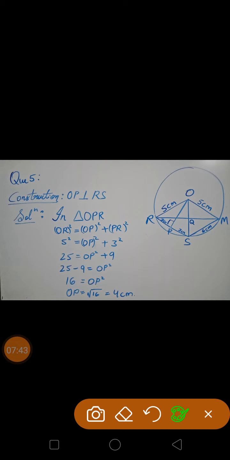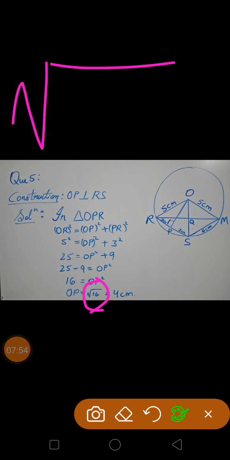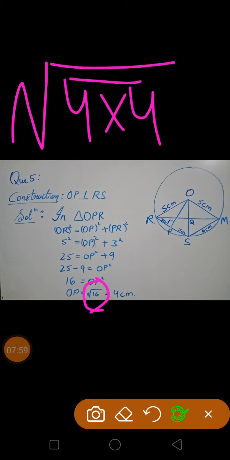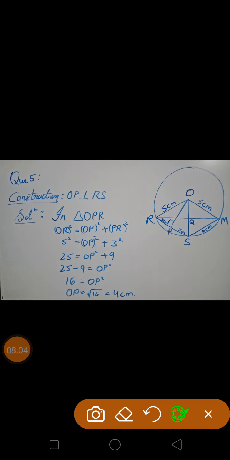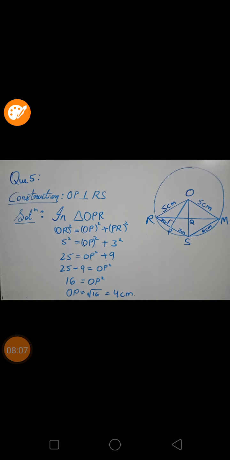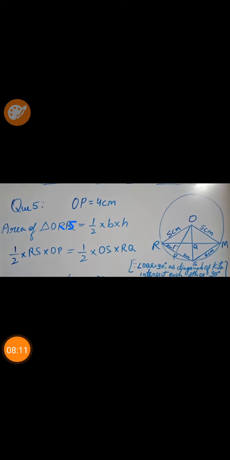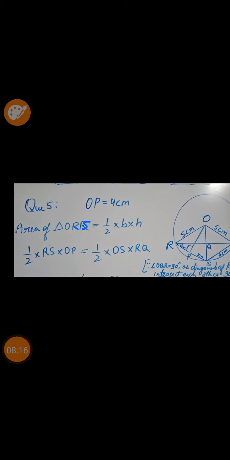Now we are removing this square from OP, so the square root will come. Now 16, we will find the square root of 16. We know that 16 is 4 into 4. Make a pair and 4 will come out, and the answer will be 4 meter, not centimeter, write meter. Now we have got OP is 4 meter, not centimeter, right, here meter.